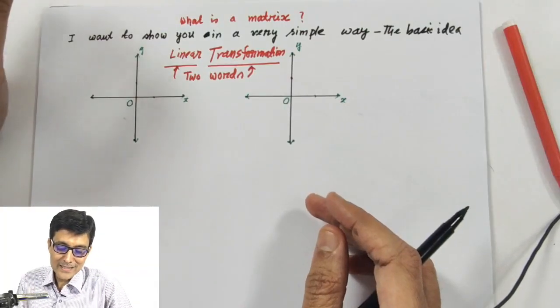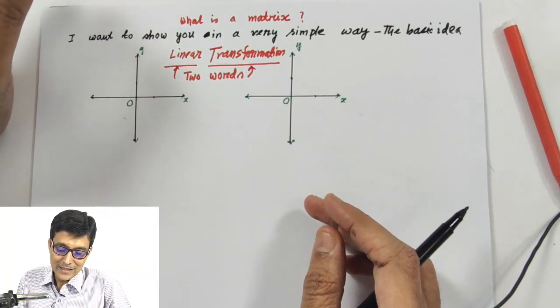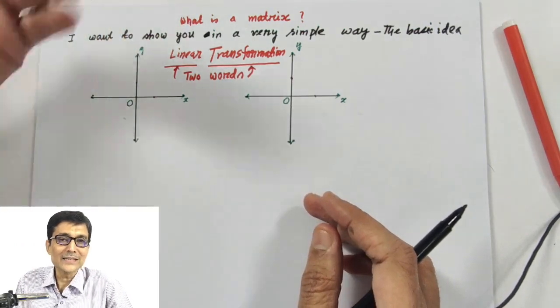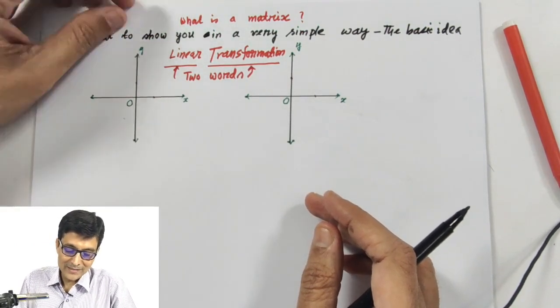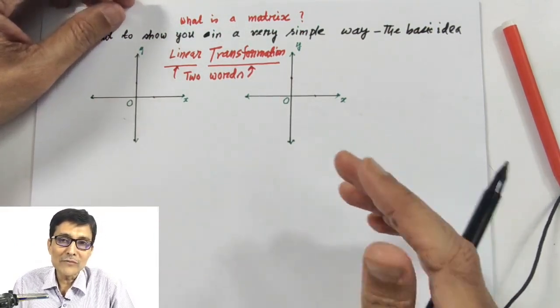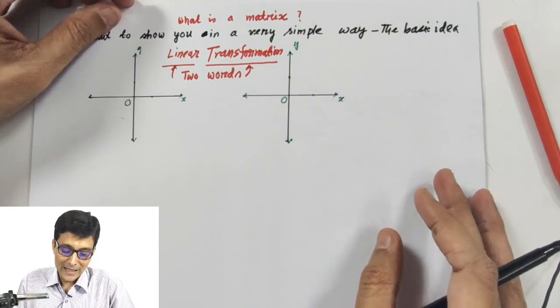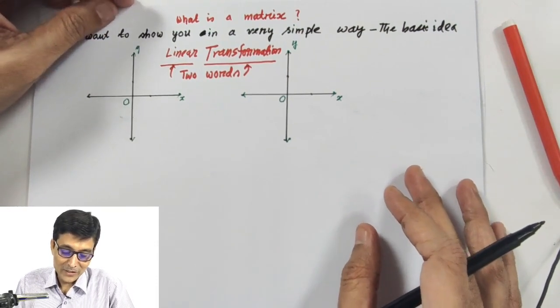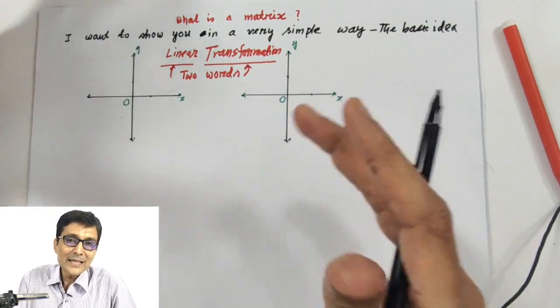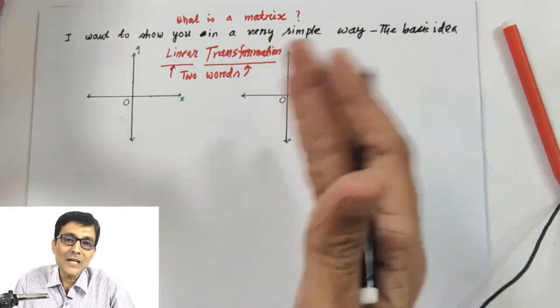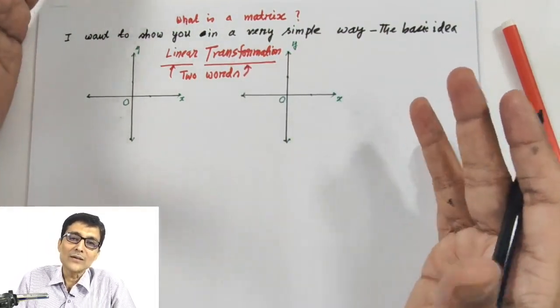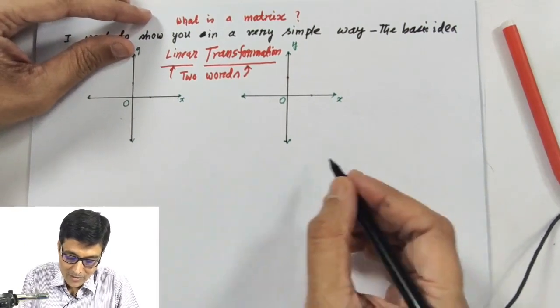In today's video, I am going to discuss matrix. I will give a very small yet succinct idea on the linear transformation, and then I will go to the idea of matrix. Now, you all know, if you have a little bit of high school mathematics or a little bit of college mathematics, then you know that a matrix is a square array of numbers or a rectangular array of numbers. For example,